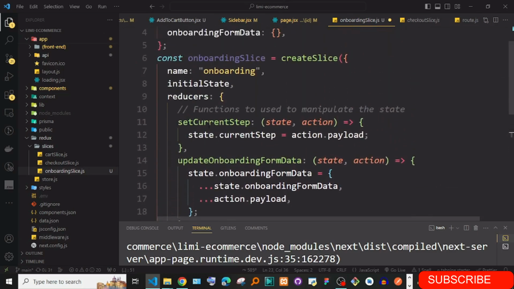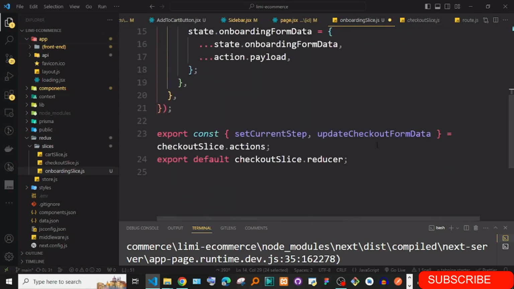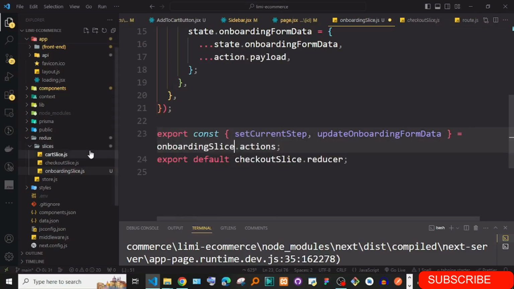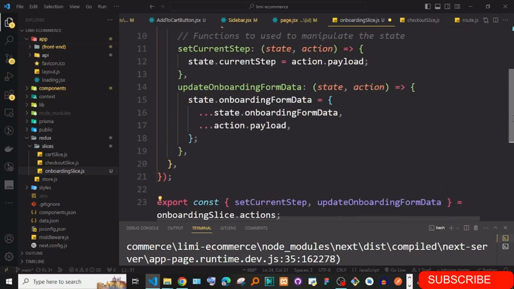We have to export this update onboarding, and then this is going to be the slice, the onboarding slice, and then even this one. Okay,